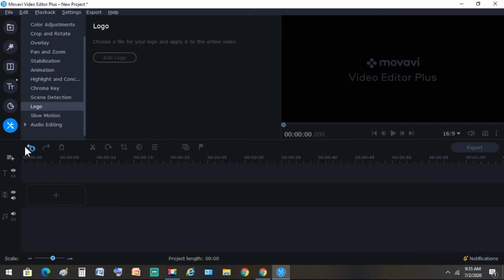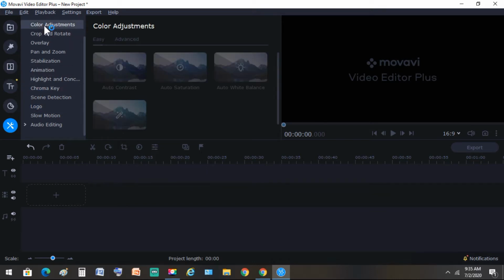And on the top of that timeline are your buttons like undo, redo, delete, crop, color adjustment. Actually, it's also on this side, but we have already here. And what is that? Clip properties, transition, and marker. So on the upper right side is your screen where you can watch and play your video. So from there, guys, let's